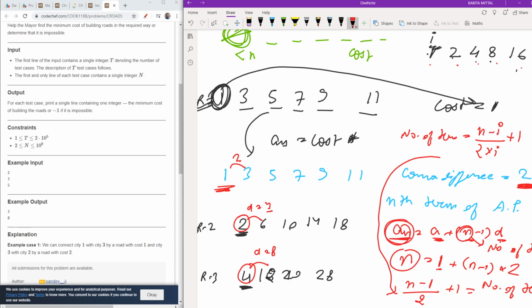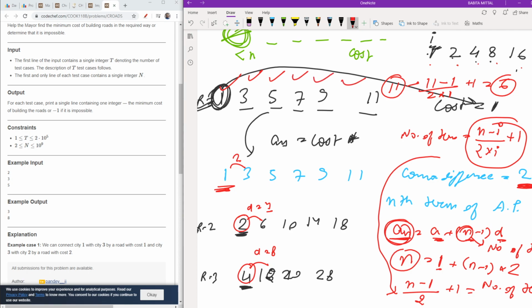So for more surety, this is the number of terms in this whole sequence. Suppose I write something like 11 here. See, (11 minus 1) upon (2 into 1) plus 1. So it will be 6. You can easily see 1, 2, 3, 4, 5, 6. So I had 6 terms in it. But actually, as I showed you, I only wanted these terms. It means I have to exclude the 1, which is the first term actually. So I will do minus 1 here.